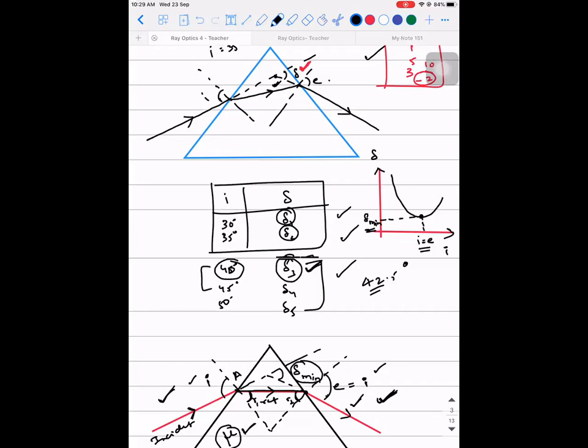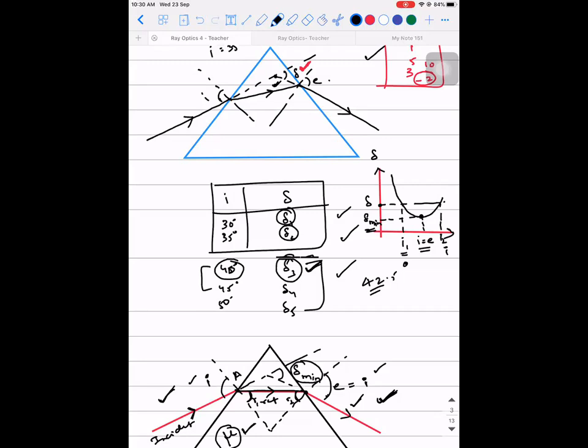One more important point to be noted here is, when you draw a line parallel to the x-axis, we can understand that you can get the same angle of deviation for two angles of incidence. Sorry, for two angles of incidence. I1 might be 30 degrees, i2 might be, let's say, 62 degrees. For i1 equal to 30 and i2 equal to 62 degrees, the angle of deviation you're achieving will be delta.